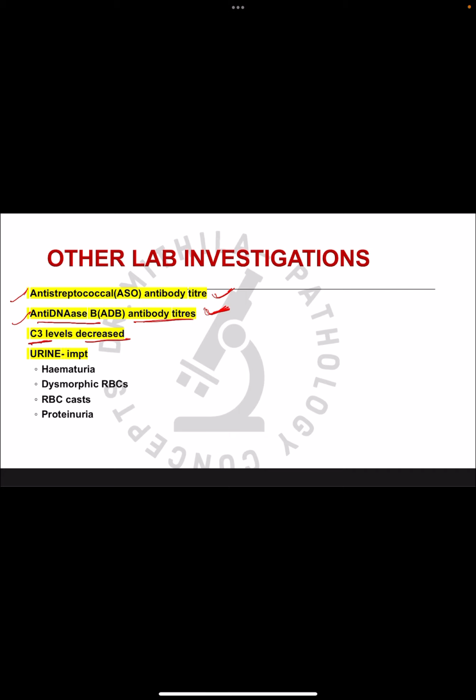And in the urine, the important findings are hematuria and presence of dysmorphic RBCs. So RBCs are of distorted shapes. Then RBC casts can be seen because the tubular proteins, the hyaline proteins of the tubules, get embedded with these RBCs and result in the formation of RBC casts. Then there will be proteinuria. Normally the proteinuria in PSGN will be less than 1 gram per 24 hours.